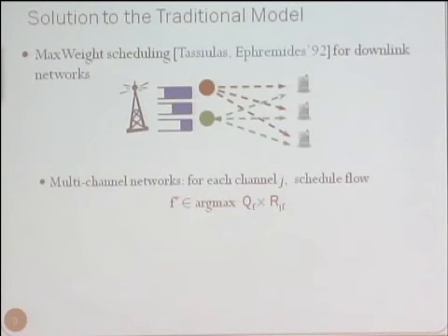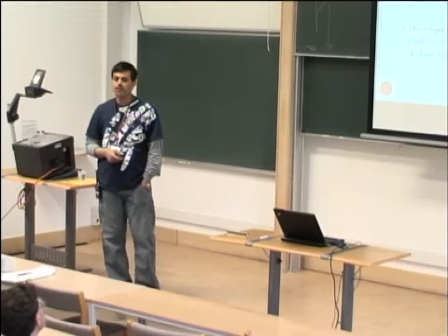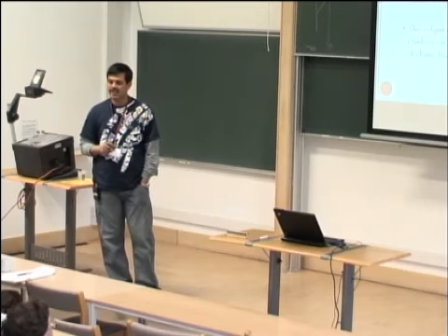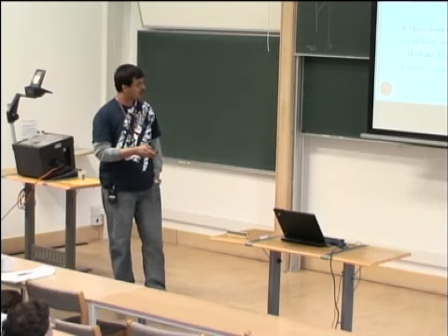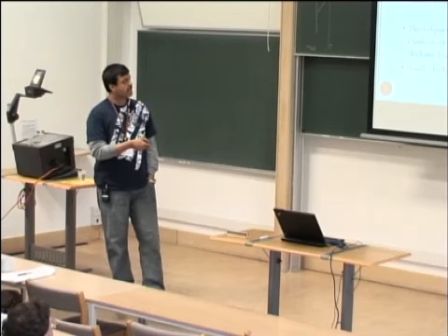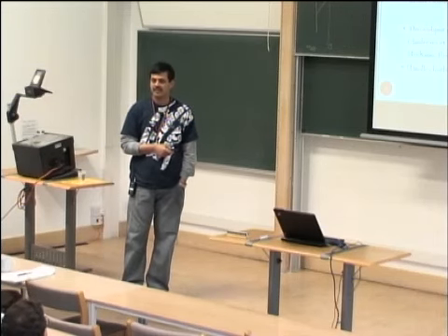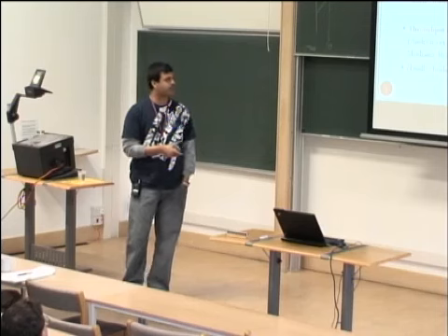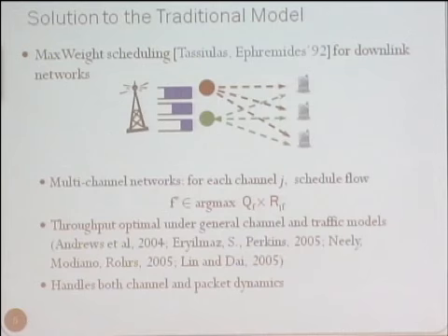This has been generalized in a bunch of directions for wireless channels by many people, and in other contexts by Jim and Wook-Win Lin. This algorithm is known to be throughput optimal, meaning that as long as the arrival rate lies within the capacity region, the queues can be stabilized. This model handles both channel dynamics and packet dynamics. The one thing it does not handle is flow dynamics, meaning arrivals of flows or users, and departures of users.